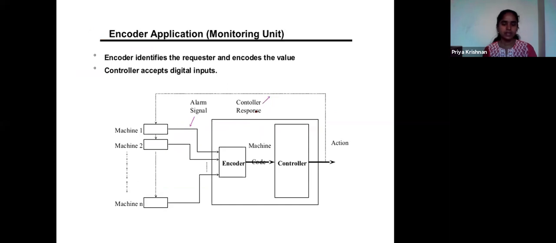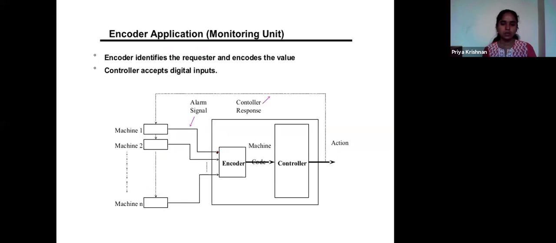So what is an encoder application? Here I have a set of machines available, and the machine which has some problem will give the alarm signal, and based on the alarm signal the machine code is sent to the controller so that the controller will stop the machine. If the machine is malfunctioning, it gives the alarm signal to the encoder.